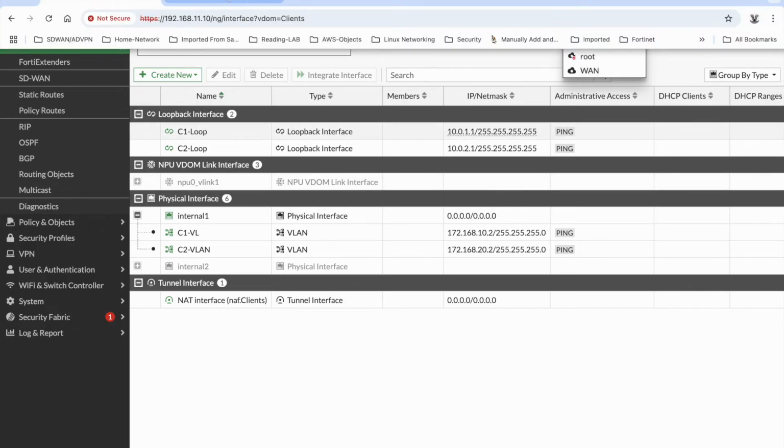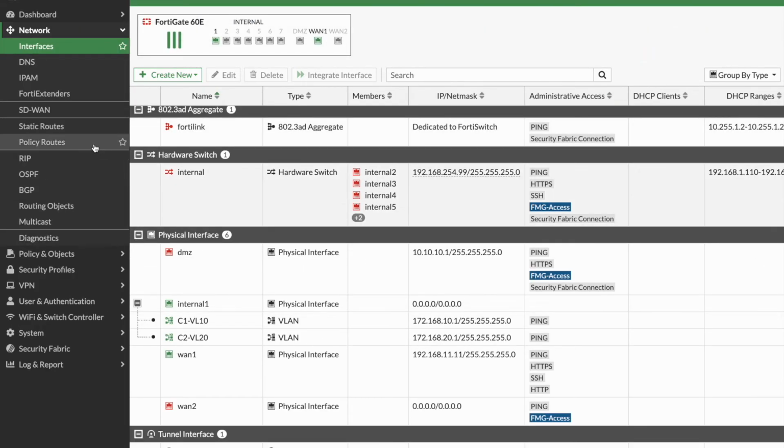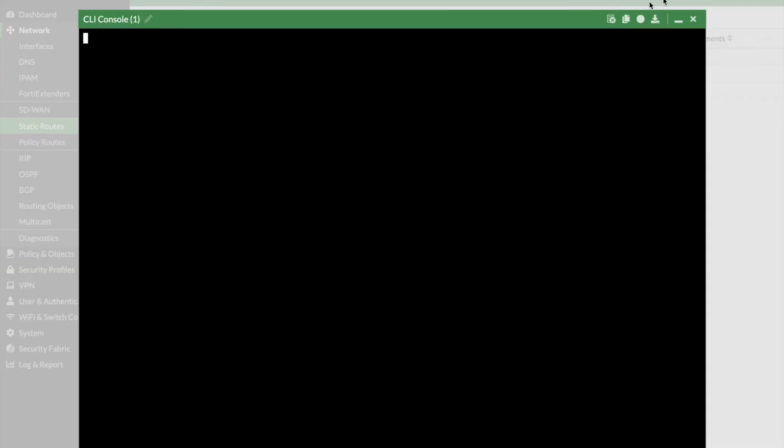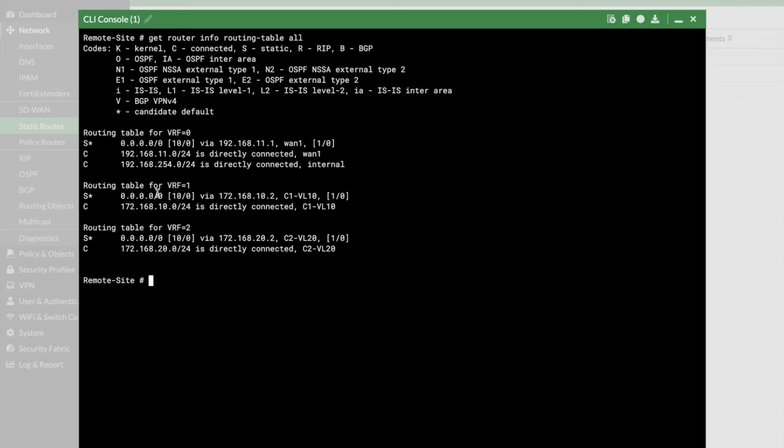So again, if I come back here and I look at my routing tables, you can see here that I've got a default route, in this case pointing to VRF1 on the core FortiGate and VRF2 via these individual sub-interfaces. So if I do a get router info routing table all, once again I have got my two VRFs separated on this side. So now if I do an execute ping dash options and I change my source here